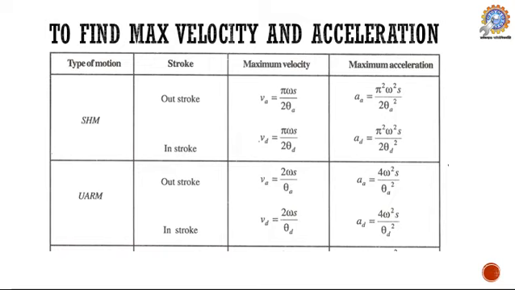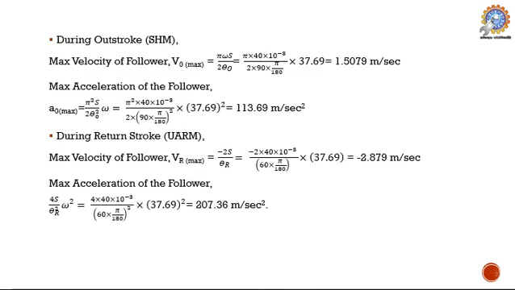Okay, in this problem determination of maximum velocity and maximum acceleration is also required. For that we are supposed to follow this formula chart. For simple harmonic motion we refer to the maximum velocity formula and maximum acceleration formula. Similarly, for uniform acceleration and retardation we need to follow these two formulas. As we look into the solution, during the outstroke, simple harmonic motion is asked. So the maximum velocity of the follower, V naught max for the outstroke, is equal to pi omega s by 2 theta naught, which is equal to pi